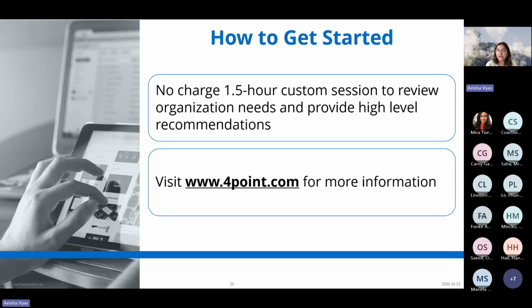So, if you're thinking this all makes sense, but where do we actually begin? This is the simplest way to start. We offer a 1.5 hour custom working session where we focus specifically on your organization. We look at your current state, what forms you have today, how they are being used, and where accessibility challenges are likely showing up. We align on accessibility standards that apply to you, and we walk away with clear, high